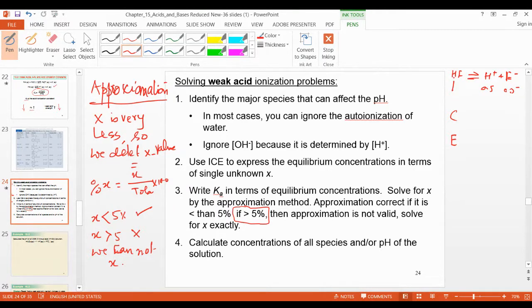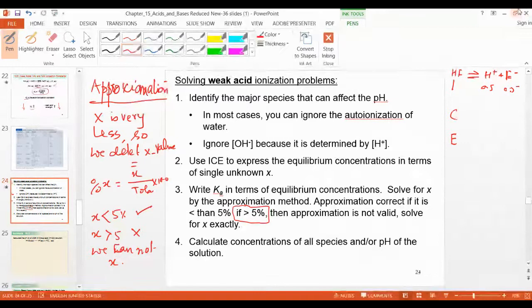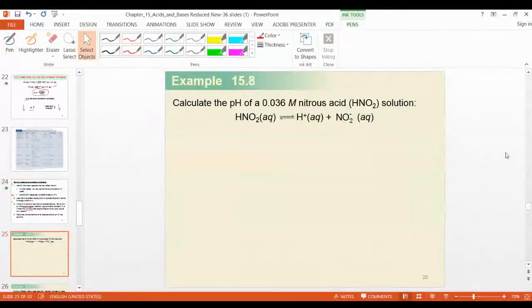Actually I have written something wrong, I will explain there. Yeah, it's already here. This is a weak acid. Its K value is 4.5 times 10 to the power minus 4. This value will be given in the exam. If this question is there, don't worry about that. So we will use the ICE table for the weak acid.